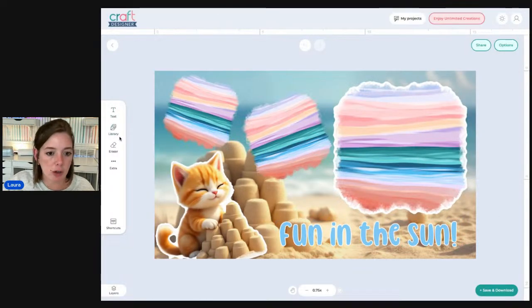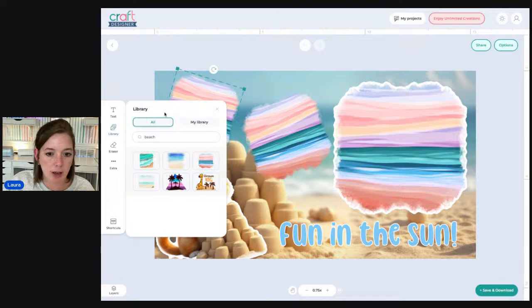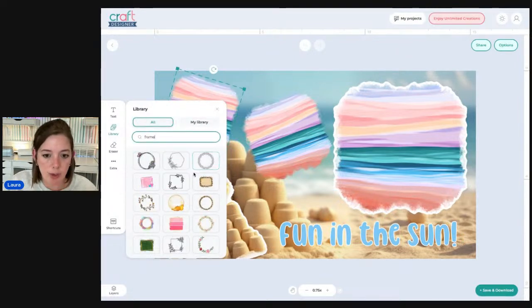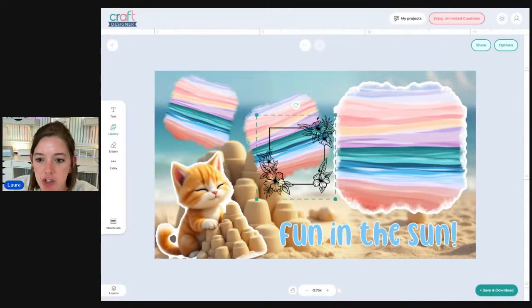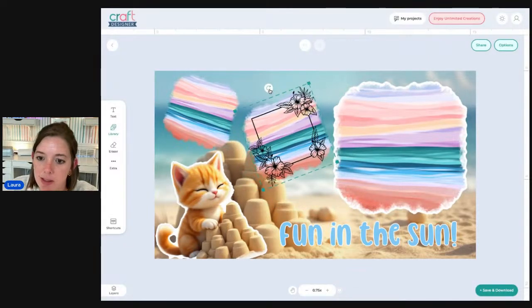You could also, I think we have, let's see. I wonder if I search frame, if a little, oh yeah. Oh yeah, I love these. Okay, so I could come in and I could add a little frame. Oh, those even look kind of beachy. How fun is that?